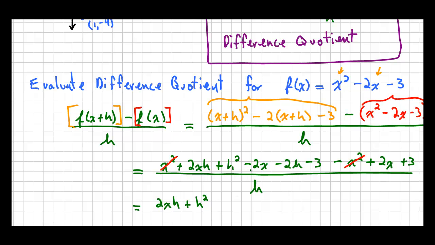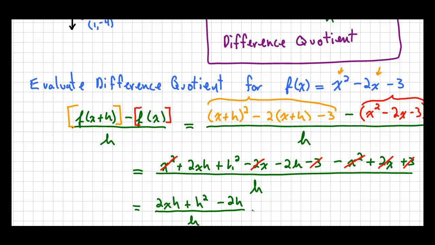Minus 2x, we're looking for like terms. We get a plus 2x. Those add to 0. We have a minus 2h. Right? There were no other h terms. And then we have a minus 3 and a plus 3, which again adds to 0. So that's our numerator, 2xh plus h squared minus 2h